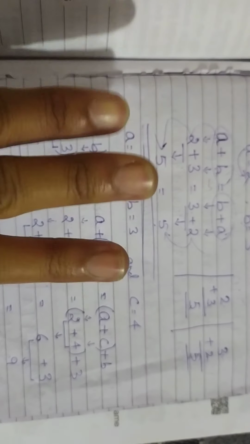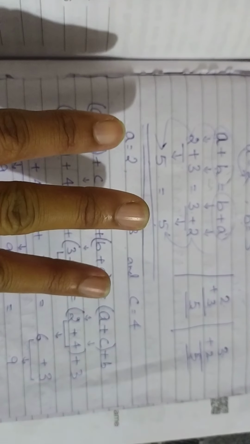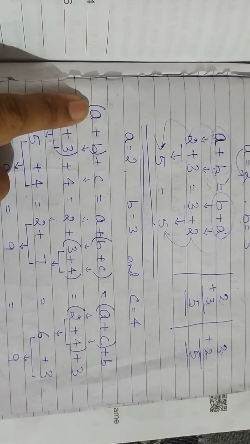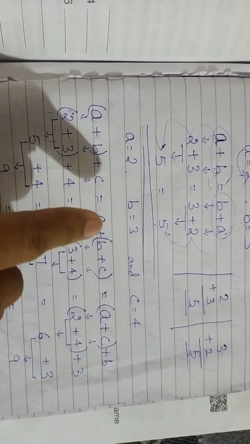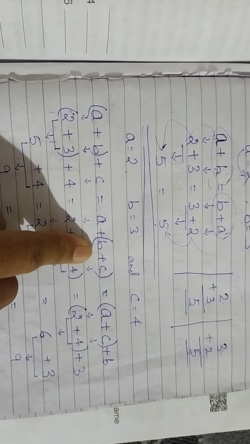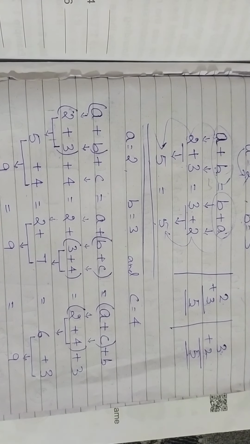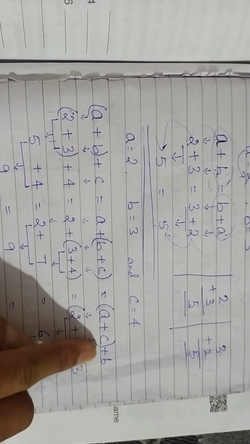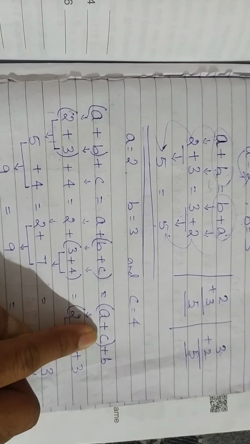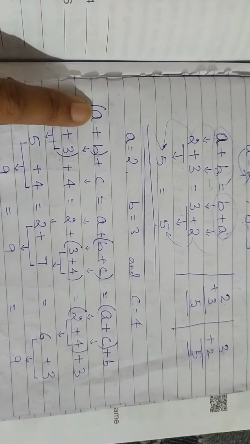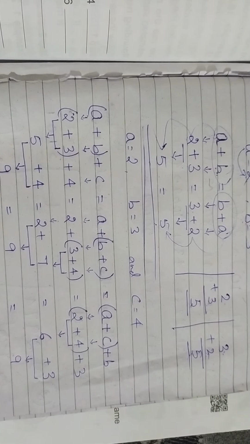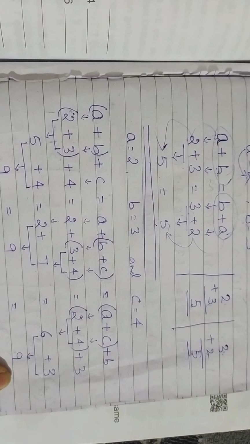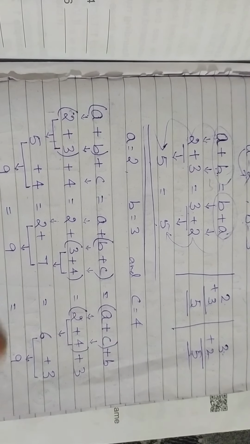Associative property has three different letters, that is three different addends. A plus B plus C, A and B are grouped, that is the first two addends are grouped. A plus B plus C, here the second two addends are grouped. A plus C plus B, here the first and the third addend are grouped. So for A plus B plus C, you got 9. A plus B plus C, again you got 9. A plus C plus B, you got 9. So everywhere you got 9 as the result.